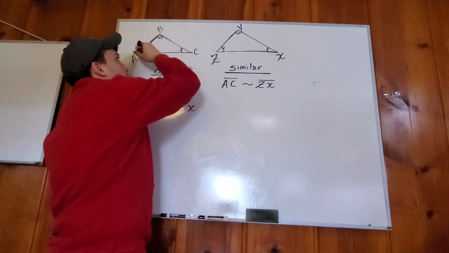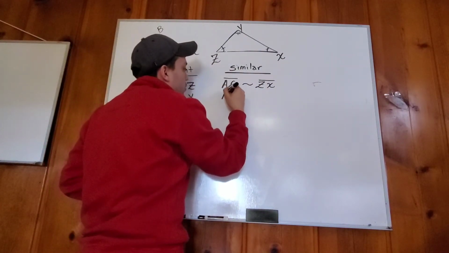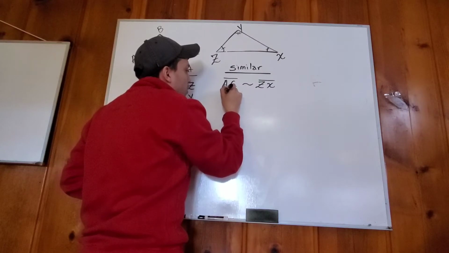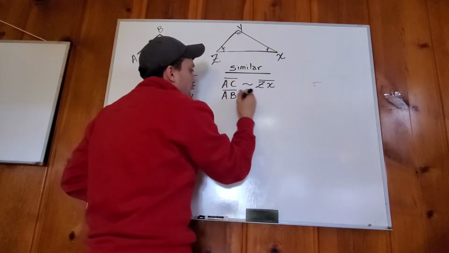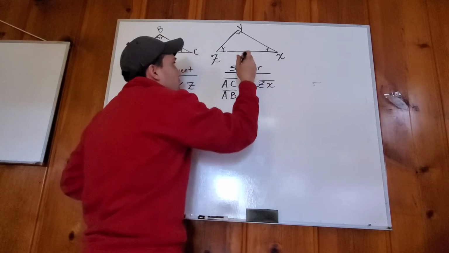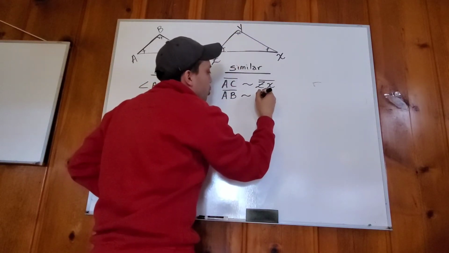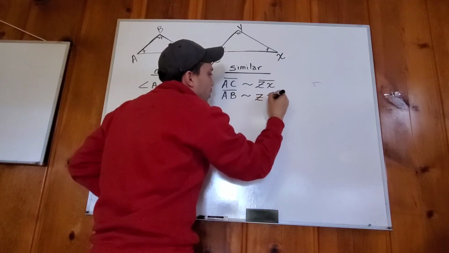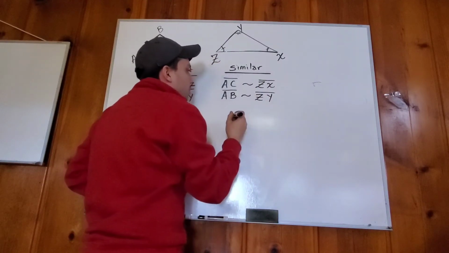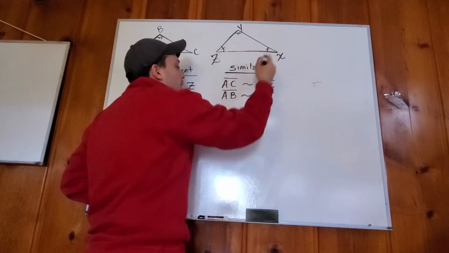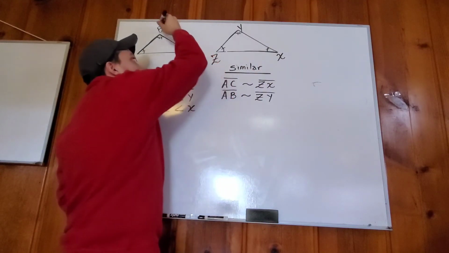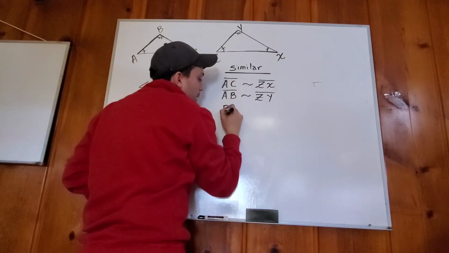And then side AB, with the little roof over their heads, is going to be similar to side ZY. ZX was already here. And then finally, YX is similar to BC. So we're going to put BC